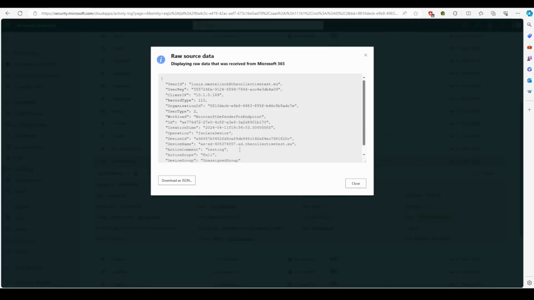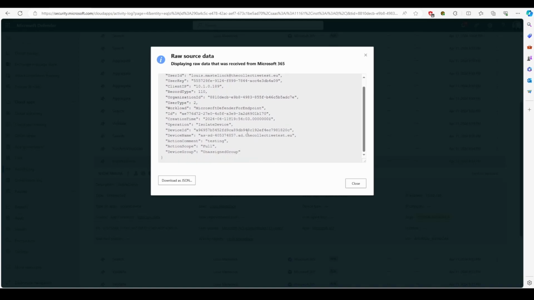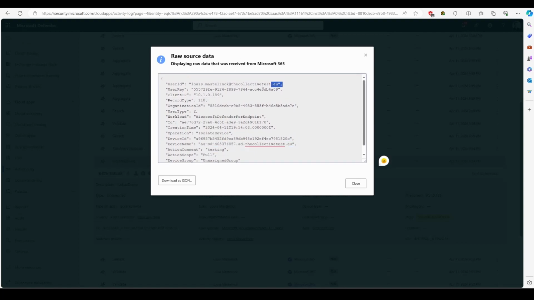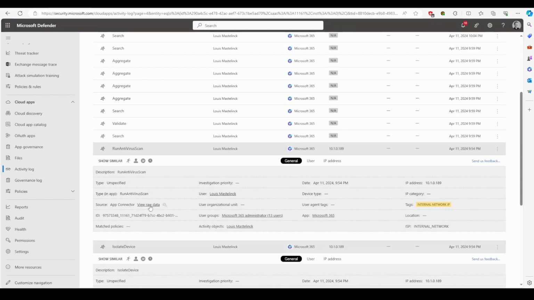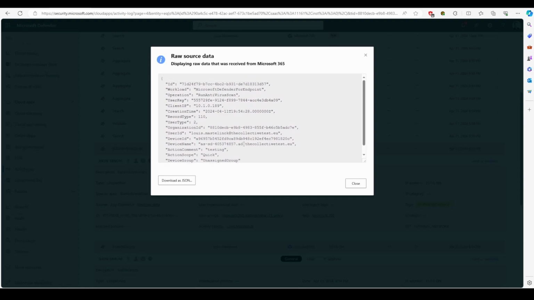What I also can see is isolation of a device. I triggered the isolation of a device. Can I see which device it is? I can see the timestamp, client IP, and I can also see the device name, which is perfect, and who did it. It was me. Interesting. I can also see who ran an antivirus scan, and actually pretty much all of the logs which are